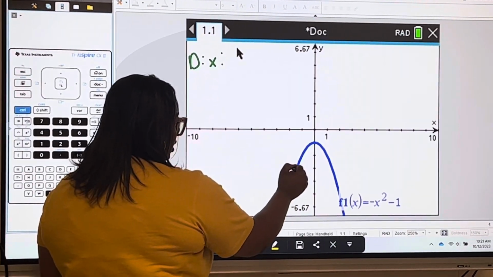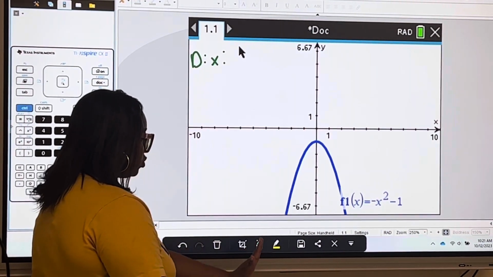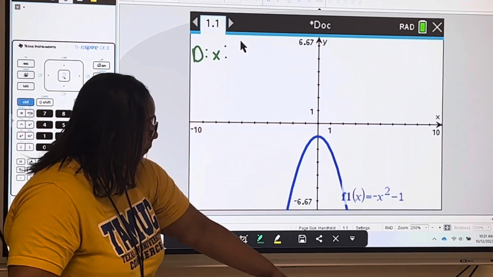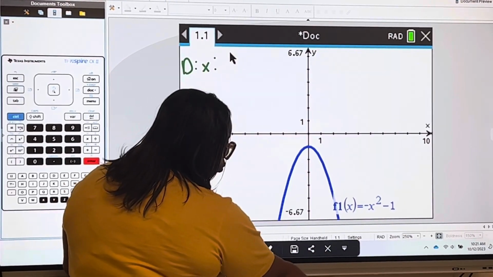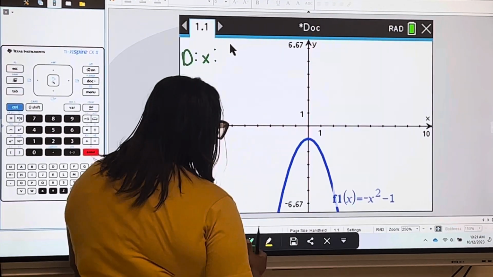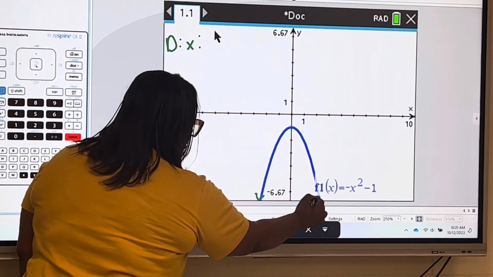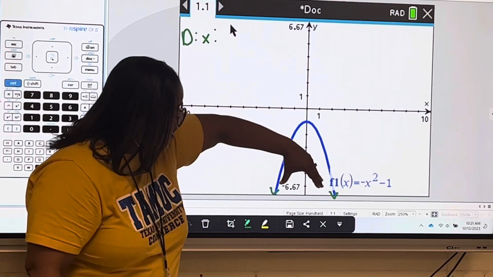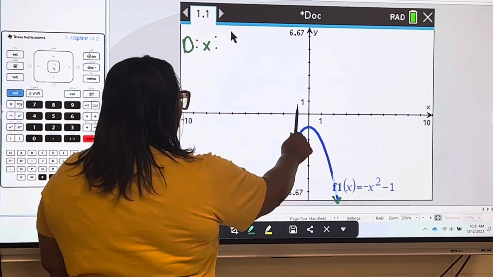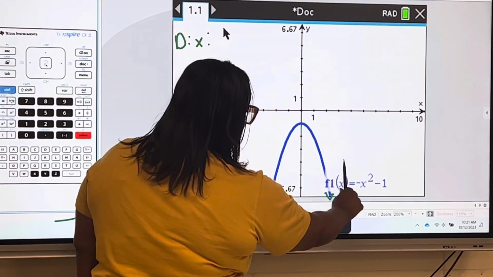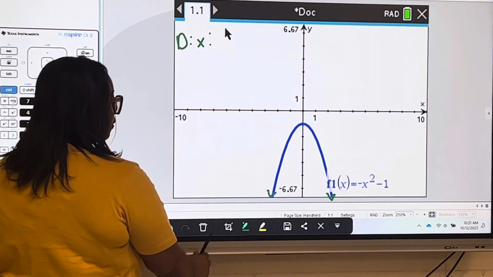Because I know this graph is going to keep getting lower and lower and lower, and as it's getting lower, it's going to keep moving further to the left because it's going to get wider and open down at the bottom. Same thing on the right side. As it keeps getting lower, it's also going to keep getting wider, which means it's going to cover all of these x's. So that's why when I draw a graph, I always put arrows down here at the bottom. I want you to see that this is not only getting lower, but it's also going to expand and get wider. So if I'm trying to list all of these x values to the right as it's getting lower and lower and lower and wider, and also for the left as it gets lower and lower and wider, my domain